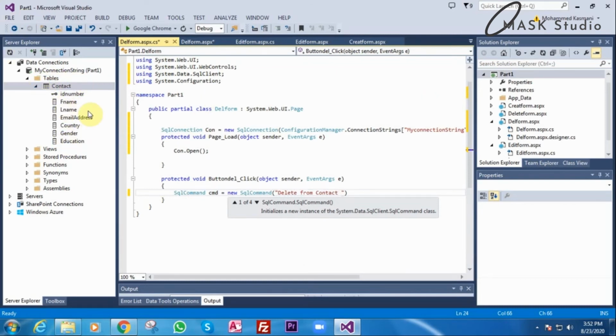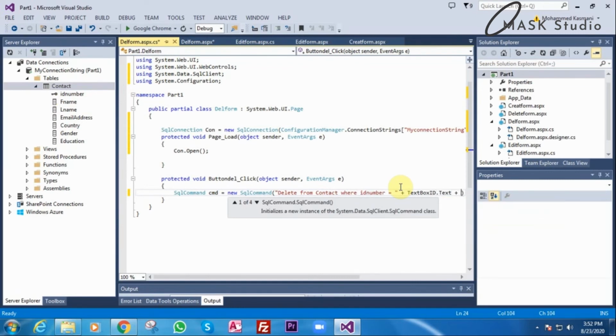Where. Why are we adding where here? Because we have a criteria that if the ID number is equal to the text box ID, then only you delete. Where ID number is equal to text box ID dot text.